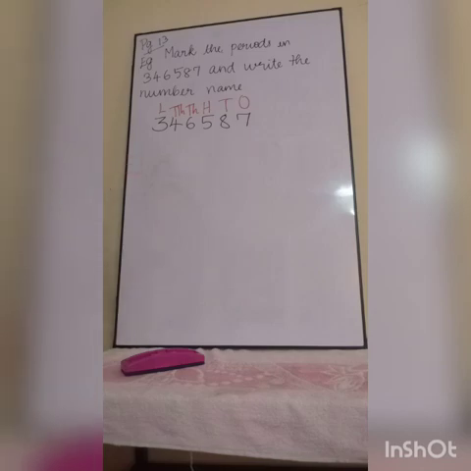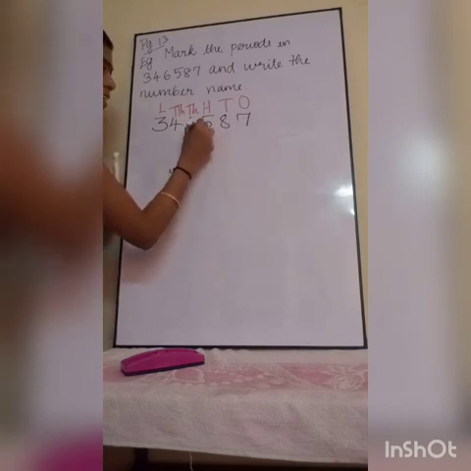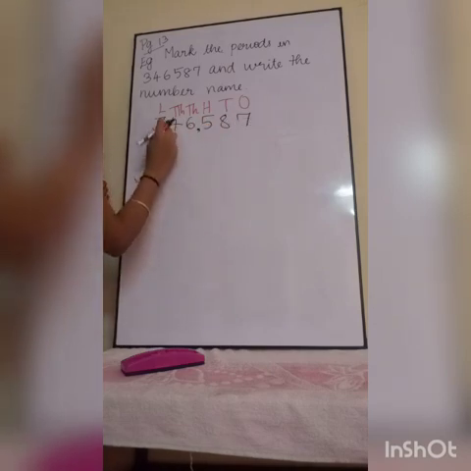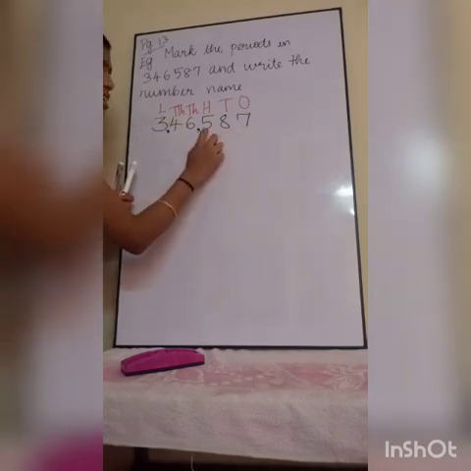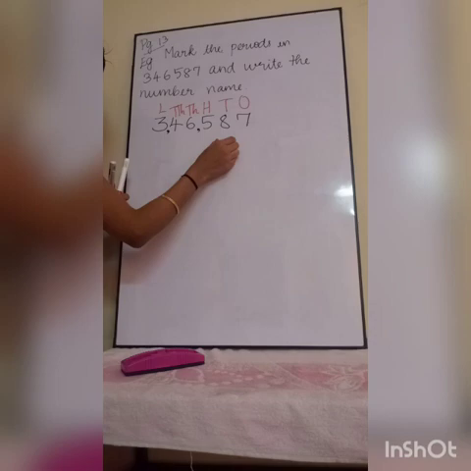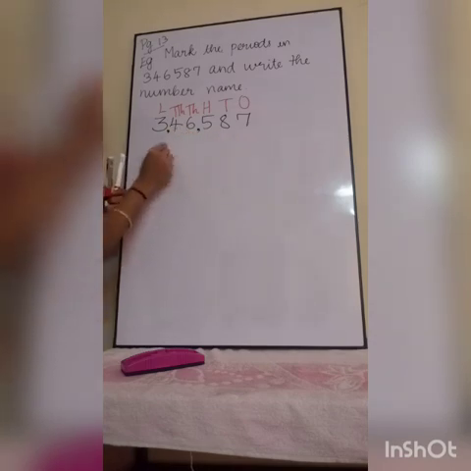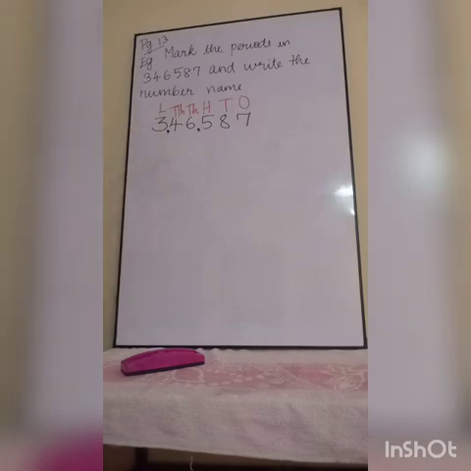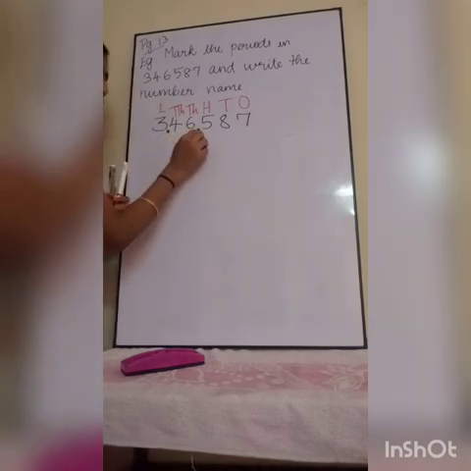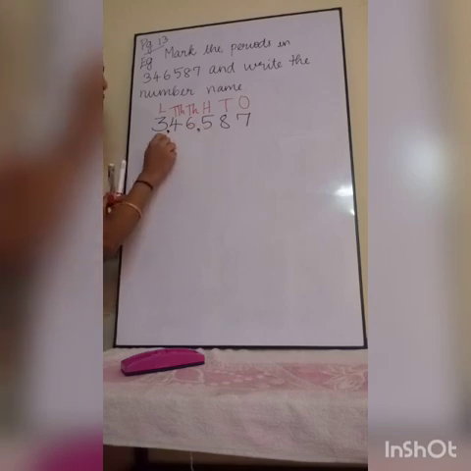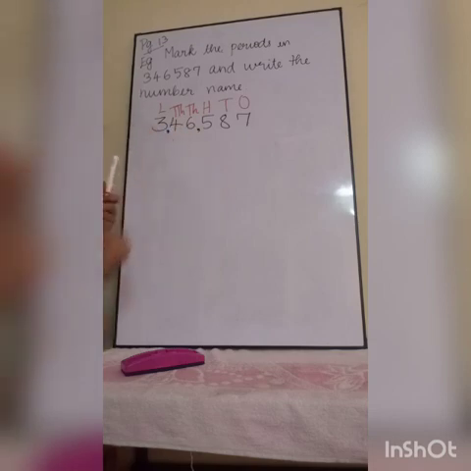Then what will you do? You will separate the place values like ones, tens, hundreds, comma, thousands, ten thousands, comma. So ones, tens, hundreds is the ones period. Thousands, ten thousands is the thousands period. Lakh is our lakhs period. Did you understand how to separate them with commas? By separating using commas, this is one group, this is one group, this is one group.